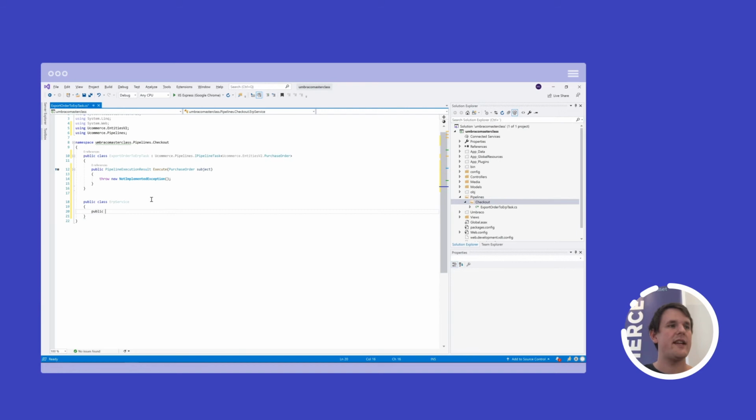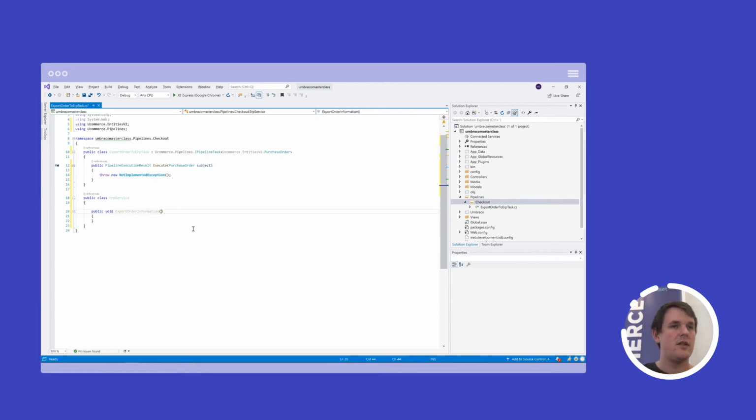And EAP service has a single method called public void export order information, and that method is taking in a string order information like that.